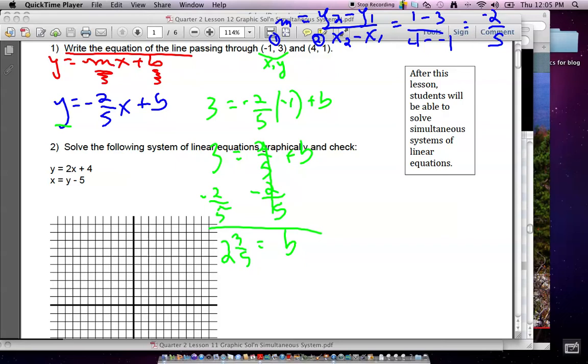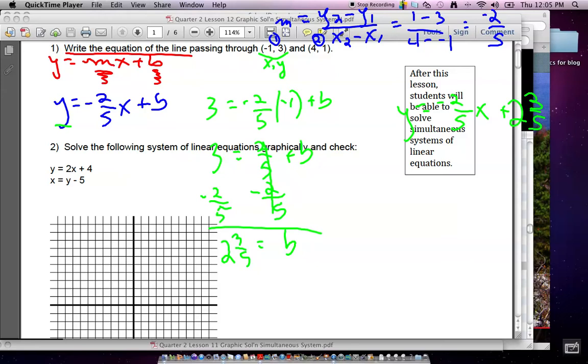I did a lot pretty quickly there. I'm going to slow down for a second. Does anybody have any question about what I just did? Right? I substitute in the x and the y, and then I just solve the equation for b. Okay? So now, finally, I go back and I put it all together. Y equals negative 2/5 x. I knew that beforehand, but then I have to add in 2 and 3/5 for my y-intercept, for my b. Okay?